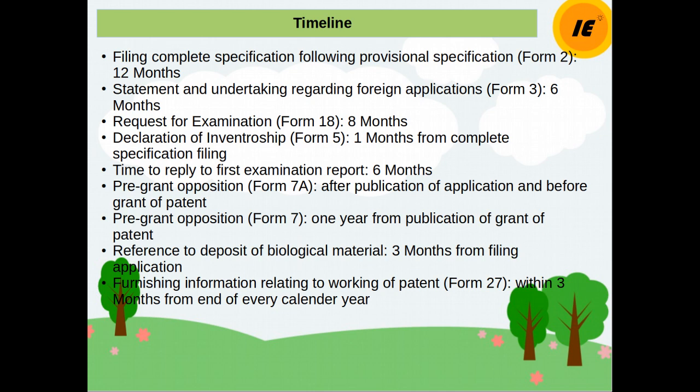That is through Form 2. There is also something called a statement and undertaking regarding foreign application. This is something I am also interested to know; I didn't fully understand what it means, PCT or PTC, something like that. Anyway,